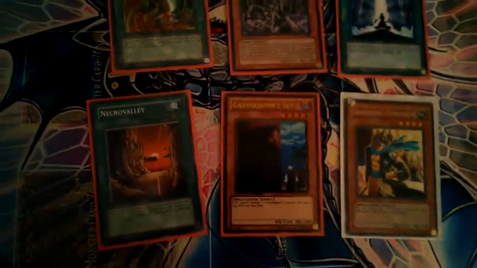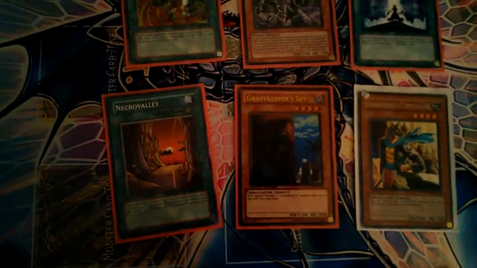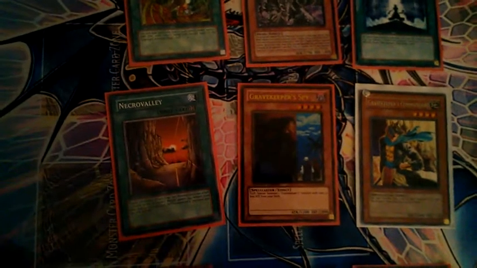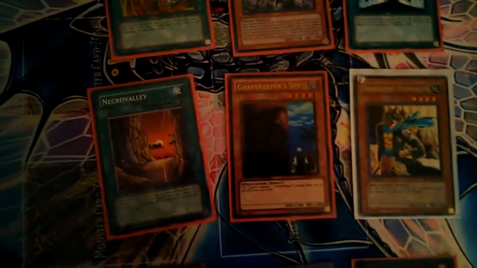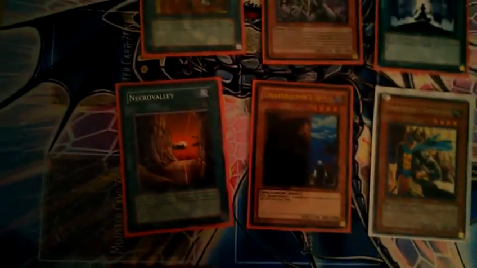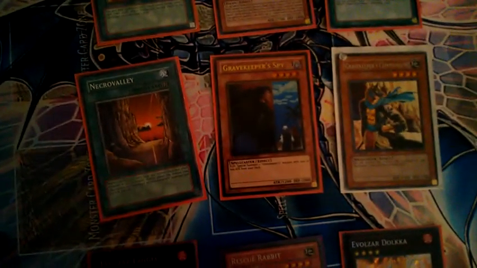Just to kind of do this matchup, Gravekeepers, I wanted to include this as Necro Valley just had another errata as of Yugi's World. Now, this was a very good matchup for us before Yugi's World. Before Yugi's World, the errata for Necro Valley was